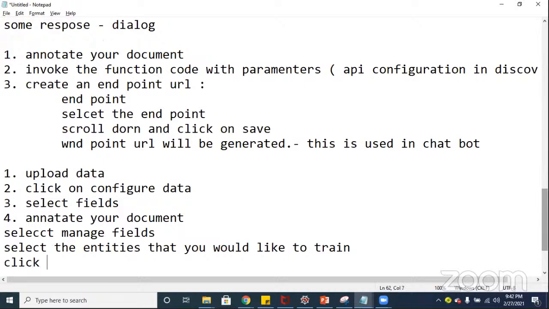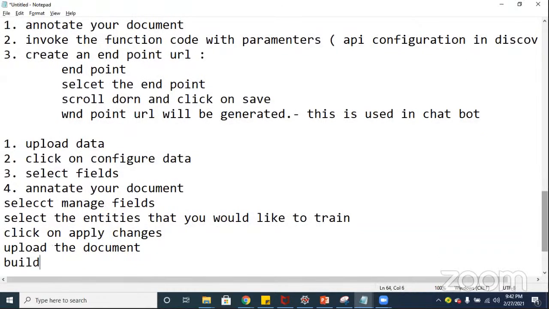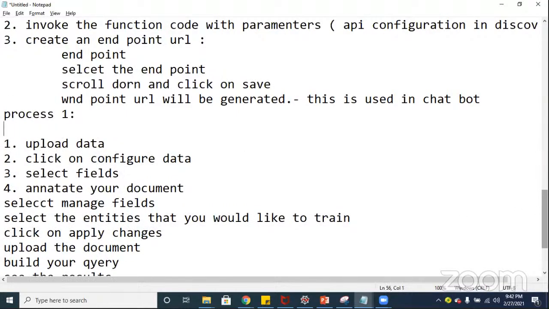Click on apply changes. Upload the document. Build your query. See the results. Once this is done, this is the first process, process 1. Once this is done, then